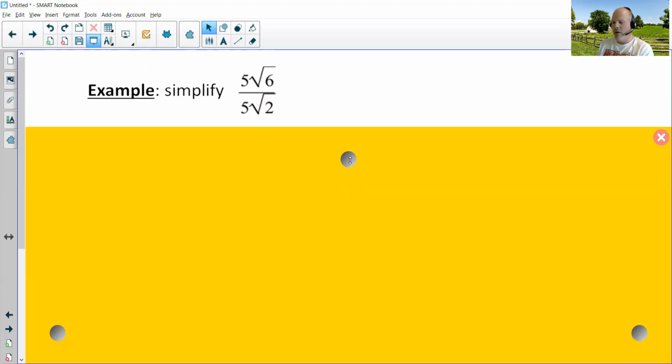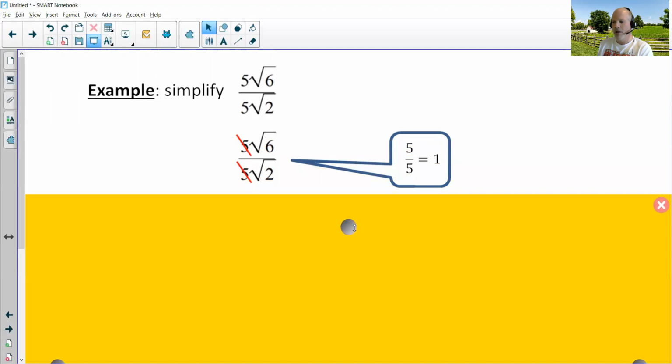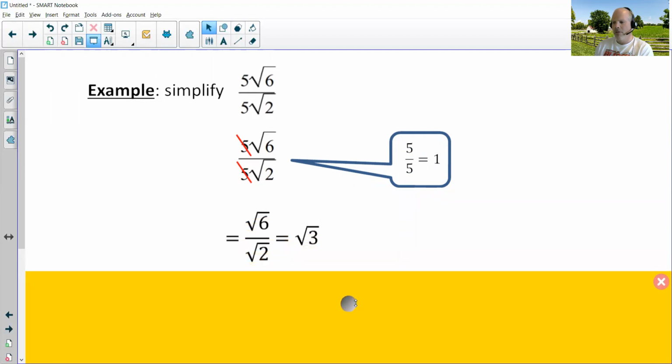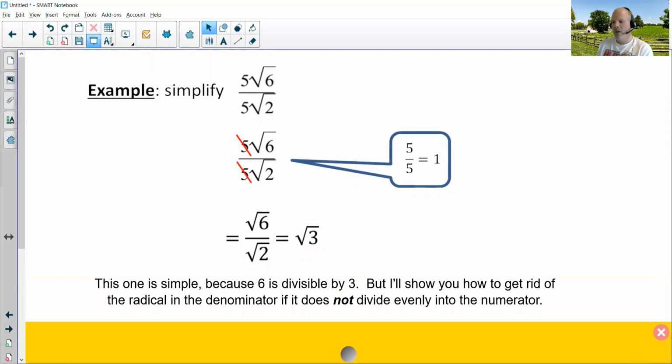So the first thing that we notice here is that we can cross out the 5 over 5 because it equals 1. So that leaves us with radical 6 over radical 2, which according to the rule we just learned is the same thing as radical 3. However,